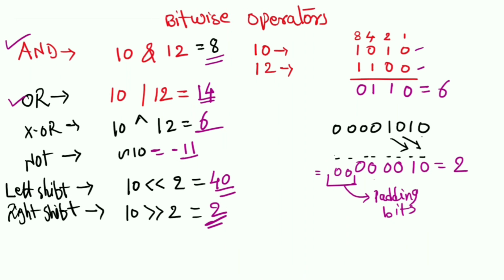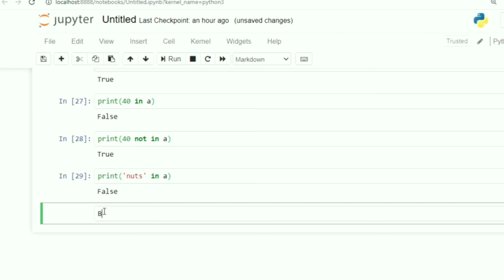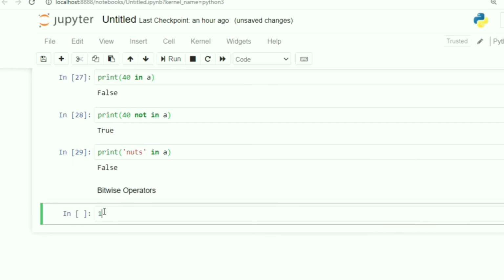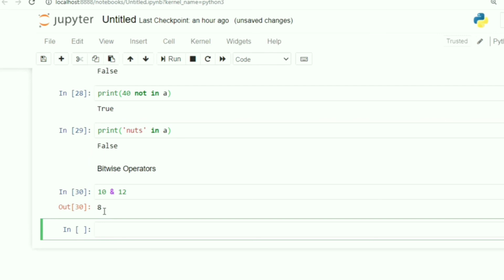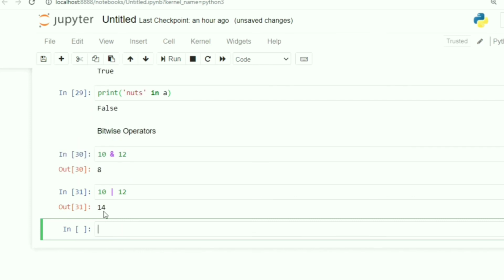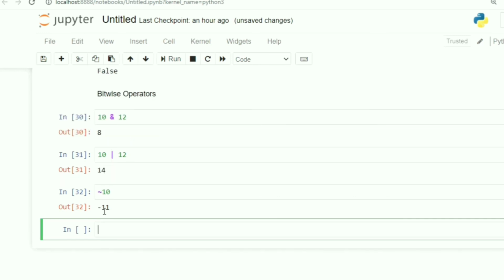For that purpose, let me go to the Jupyter notebook quickly. So these are the bitwise operators. Here if I am writing 10 and 12, let us see what the answer is. You can see 8. Now if I am doing 10 or 12, the answer is 14. If I am doing NOT of 10, the answer is minus 11.